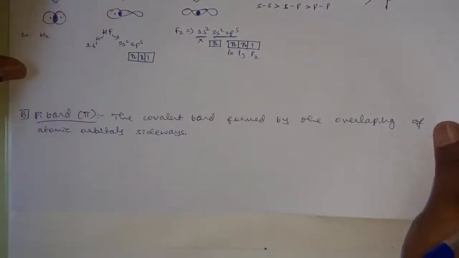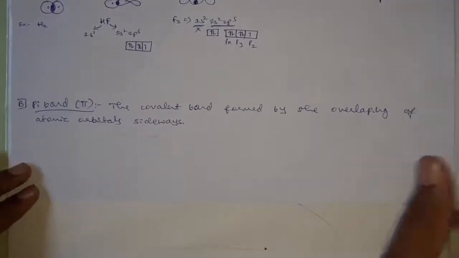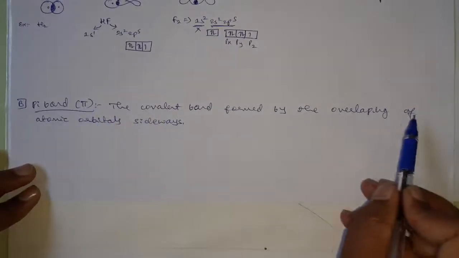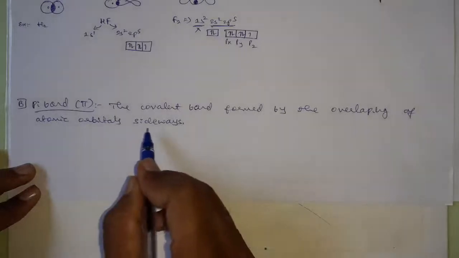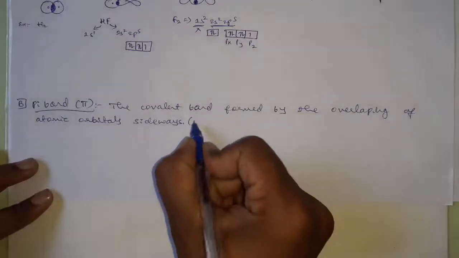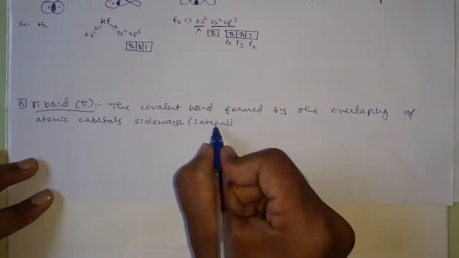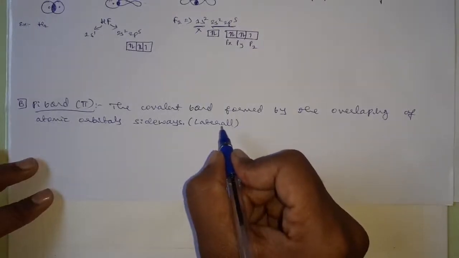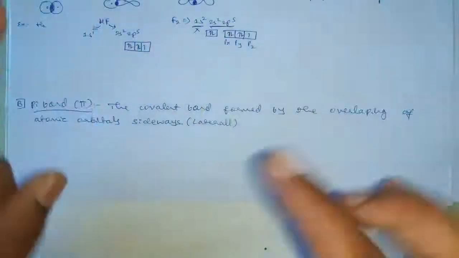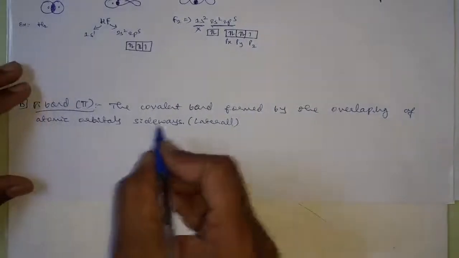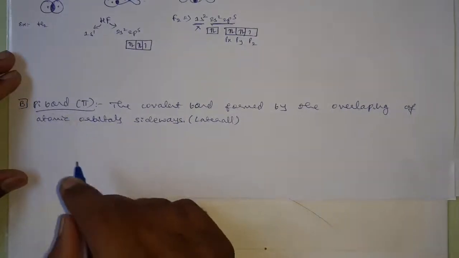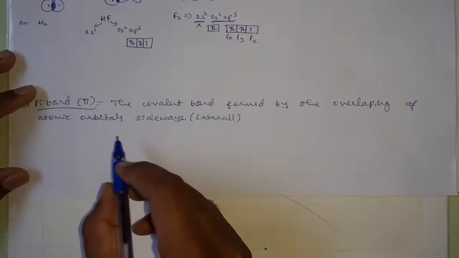Then coming to the second type of covalent bond, that is a pi bond, which can be represented with this symbol pi. This is a covalent bond formed by the overlapping of atomic orbitals sideways. If the sideways overlapping is there, then it is called what? A pi bond. This is also called lateral overlapping. Sideways overlapping is also called what? Lateral overlapping, meaning sideways, lateral overlapping. For this only p, d and f orbitals will undergo the pi bond formation. For s it is not possible,